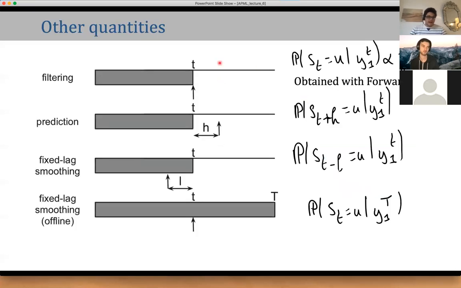So if you have a sequential process that you're looking at where you want to make inferences, where you have latent variables, here it's our hidden Markov model, but we could think about any type of hidden signal we want to reconstruct. There are typical quantities we compute, and this was just a little summary of what we like to compute. So the quantity I mentioned about filtering is the probability.